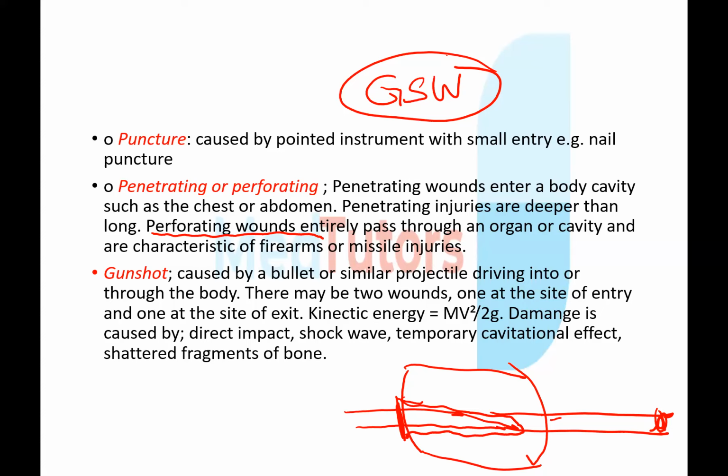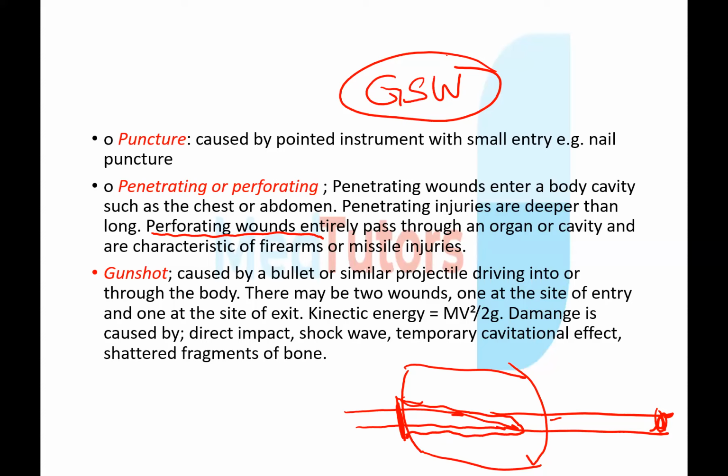Now, a gunshot is caused by a bullet or similar projectile driving into or through the body. There may be entry and exit wounds when it completely perforates the body,